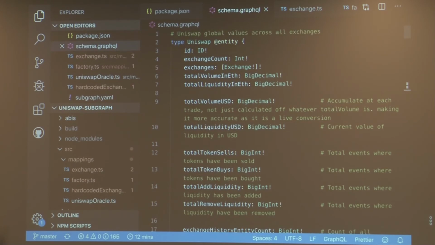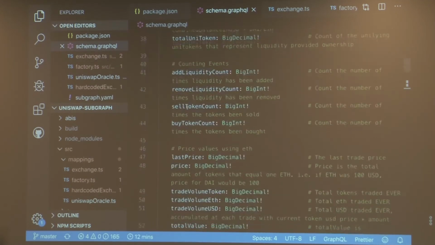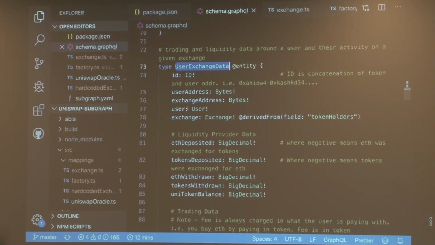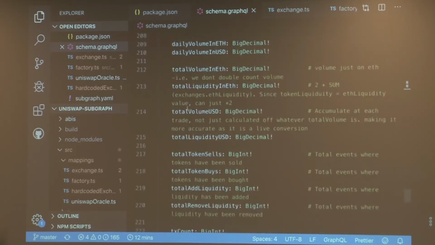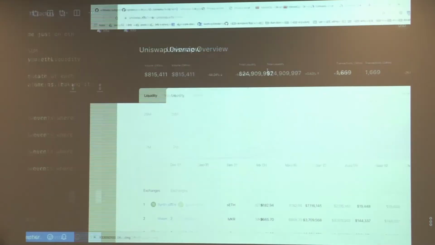As you can see, this schema is massive. There's a lot of data here. What we're doing with Uniswap is that you can query data that exists on the smart contract live. Right now, you could query the specific amount of liquidity that is available in Uniswap. But we also tracked historical data. Every time there's a transaction, we're making an entity, which is a piece of data. This is a pretty long schema, 200 lines. It took us a few weeks to do, but what it ends up allowing you to do is get